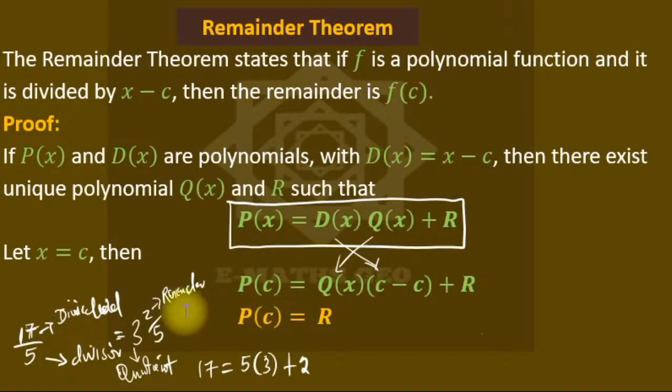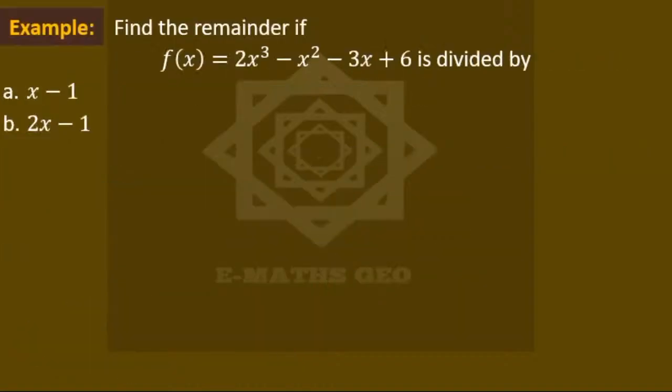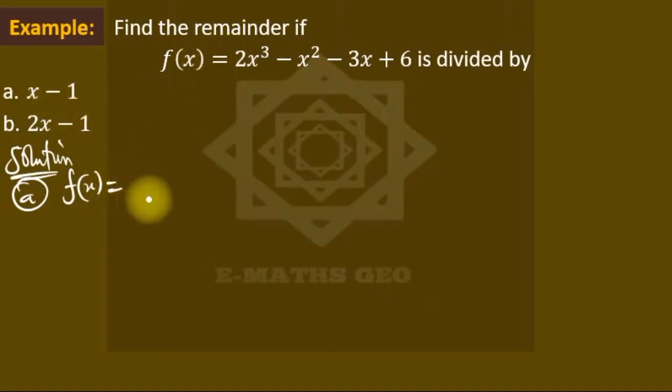Let me use an example to show you what I'm talking about. If you're asked to find the remainder when this f of x is divided by this, it's very simple. For the first one, they give us f of x to be that. If we now substitute, that is, if x minus 1 equals 0, this implies that x is